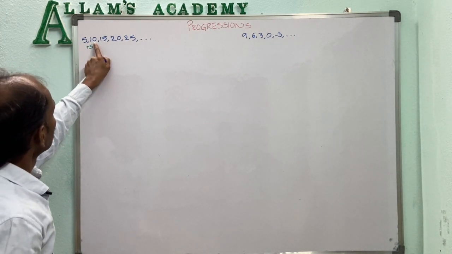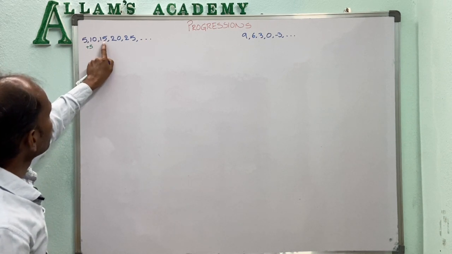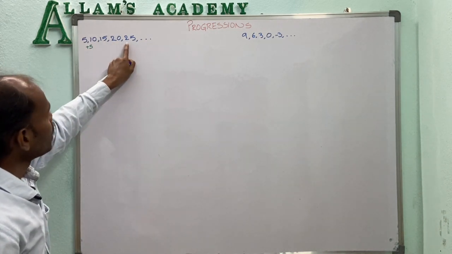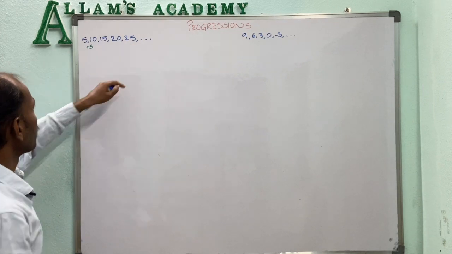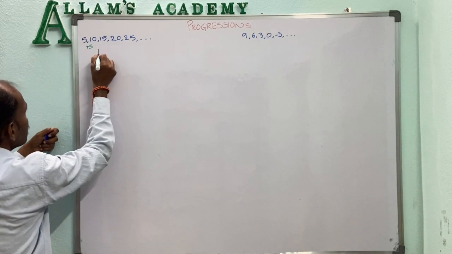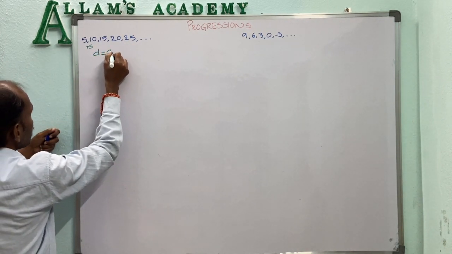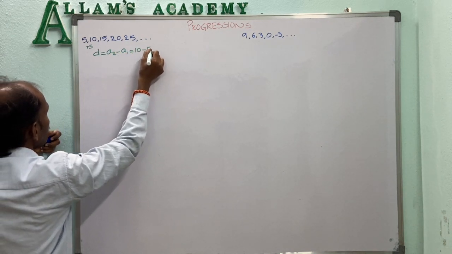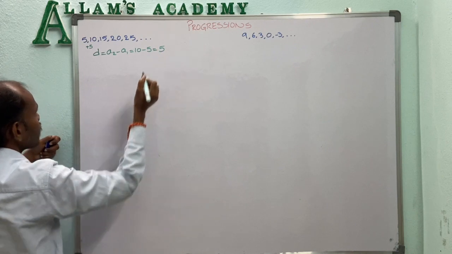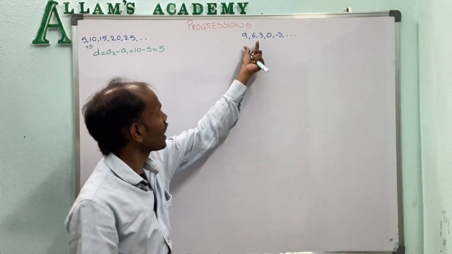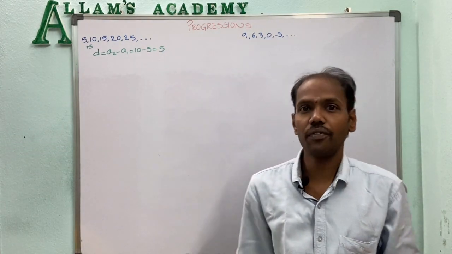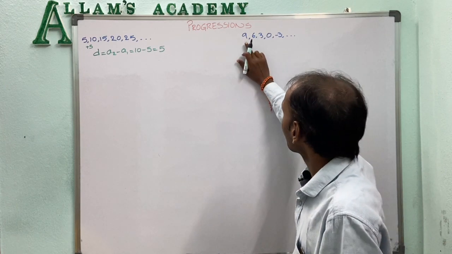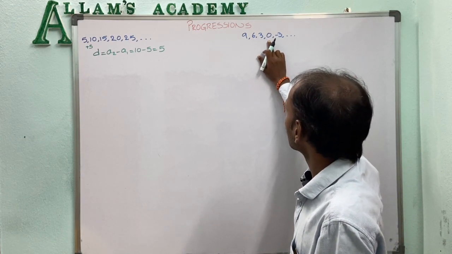So 10 plus 5, 15. 15 plus 5, 20. 20 plus 5, 25. So the common difference d is equal to a2 minus a1, that is equal to 10 minus 5 equal to 5. Now here in this second series, if we observe, they are given 9, 6, 3, 0, minus